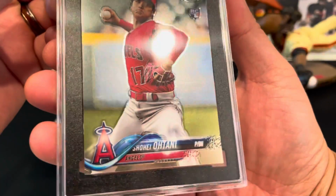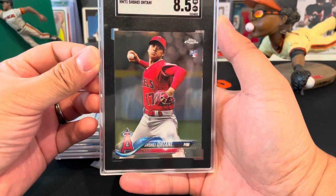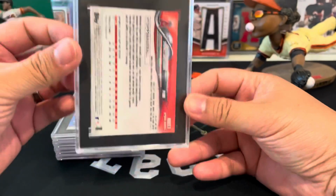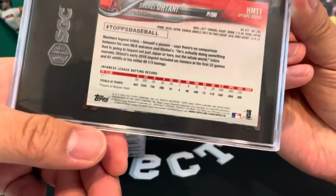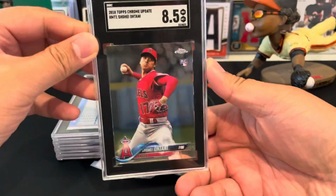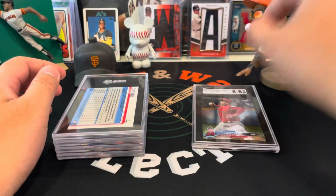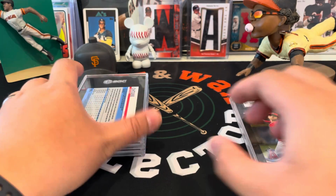But again, just looking at the card, Topps Chrome, just your regular Topps Chrome base, it looks good. They call these tuxedo slabs. I think it's pretty good. I'm looking at this, and I don't see any flaws. So 8.5, that's not bad. And then up next is the